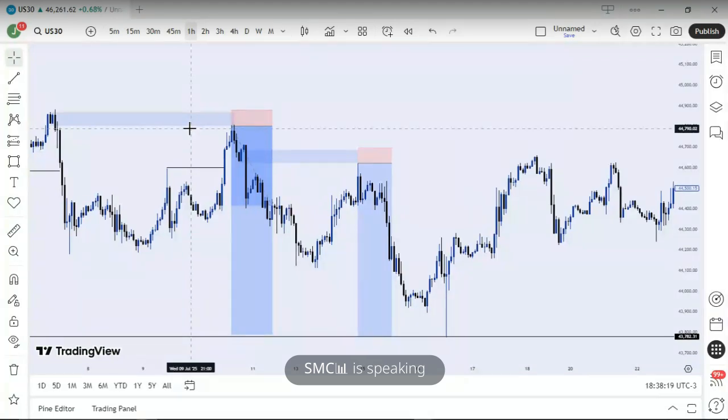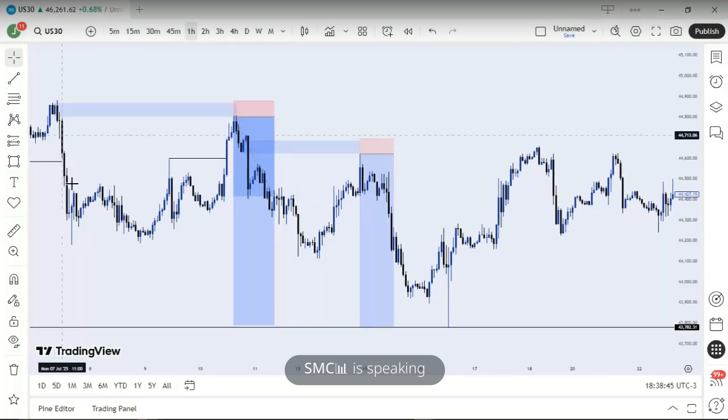There was one time I made a post on my status where I said, if you understand violation and mitigation, then you should have more TPs and fewer SLs. Now this full body close, this engulfing candle, is a violation candle. You understand? It's closing above or below the zone, the full body close. Although violation and mitigation tends to happen more on breaker blocks and